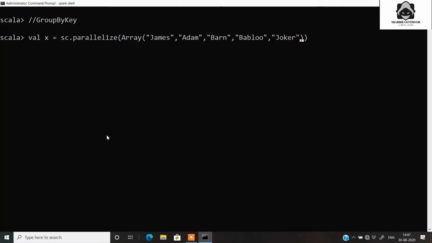The next transformation is the groupByKey transformation. Let's again create an RDD of pair tuples, which has one letter and one integer.